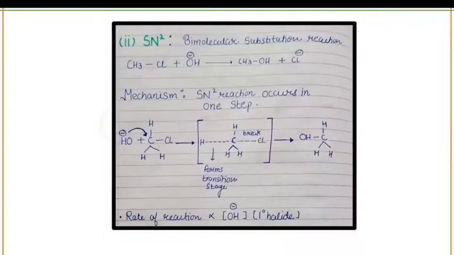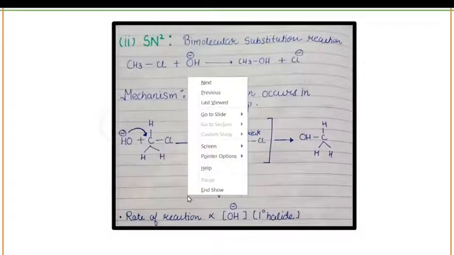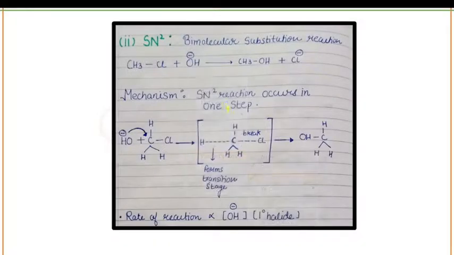Okay. Second kinds of reaction are SN2 kinds of reaction, that are also known as bimolecular substitution reaction. Okay, these bimolecular substitution reactions occur in a single step, and you have studied that SN1 kinds of reaction occur in 2 steps. Okay, you have to remember this point. In case of SN2 kinds of reaction, there is a formation of transition state. Okay, a question could be asked from this point: in what kind of nucleophilic substitution reaction does the formation of transition state take place? So the correct answer is your SN2 kind of reaction.